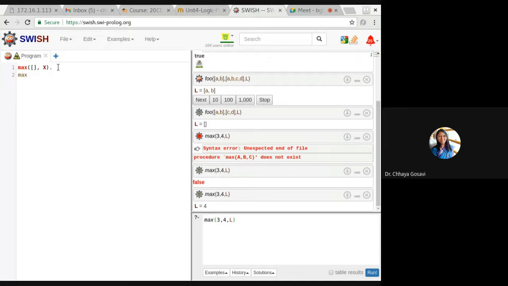Max, if we pass a list, then its max value is x, provided that max. How to check? First divide this list into head and tail.